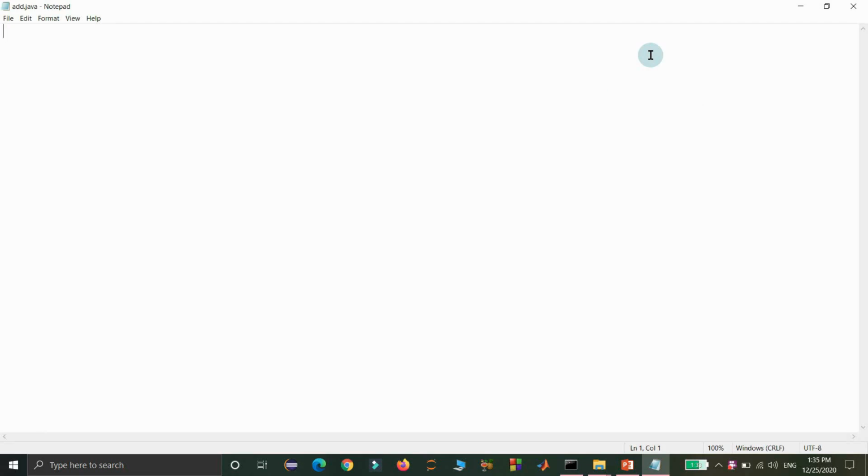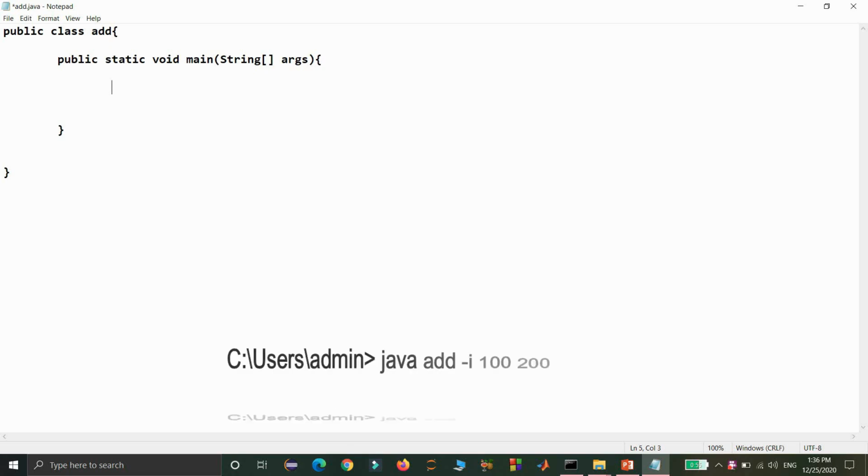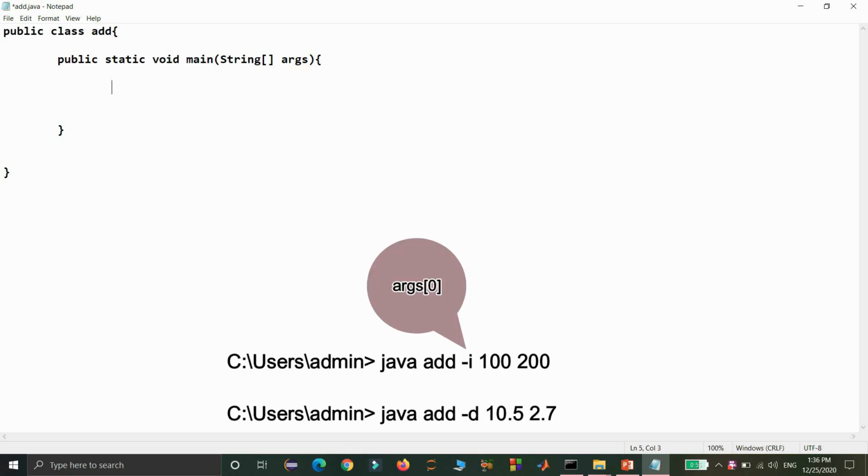Now I am defining a class add. Then I am defining the main method, where args is a variable to hold the command line arguments as an array of strings. Then I am going to use a string variable to hold the option, where the option is the first argument from the command line.